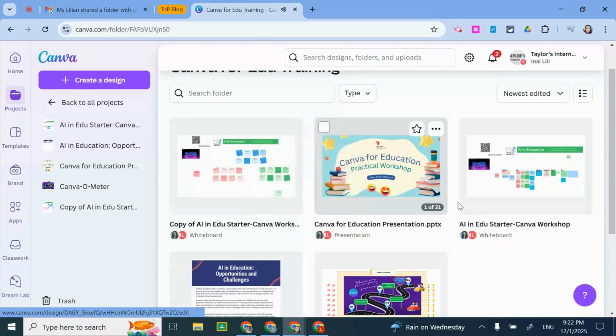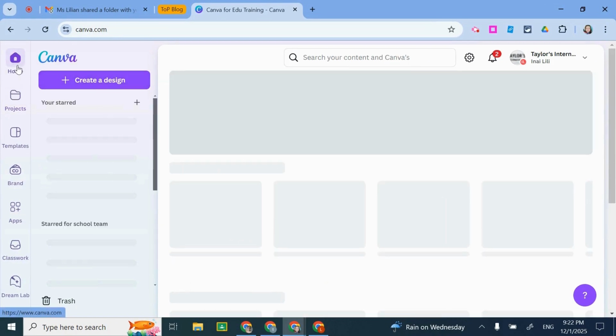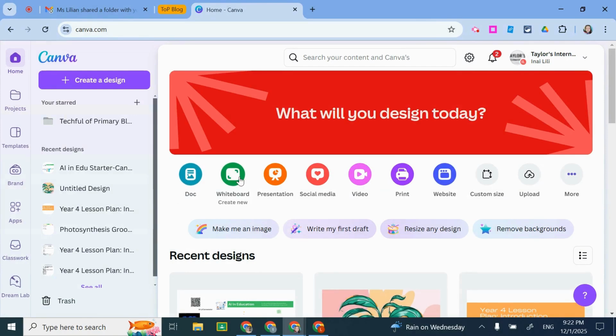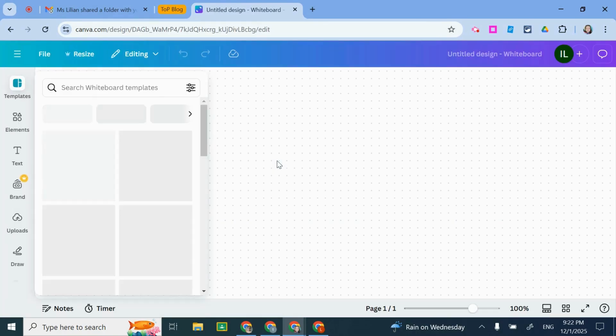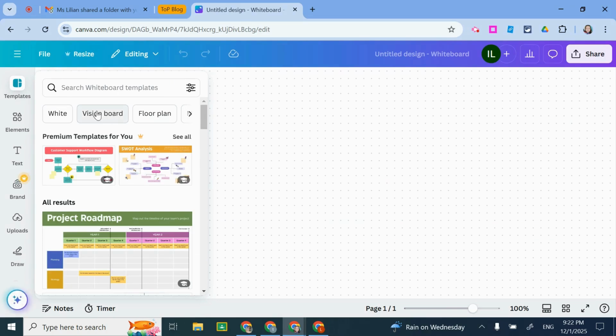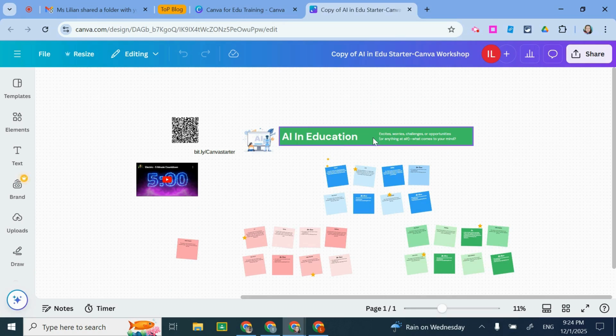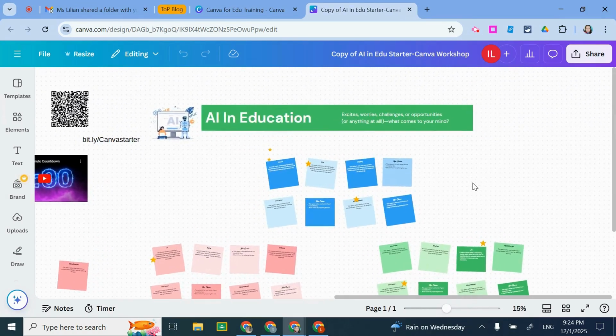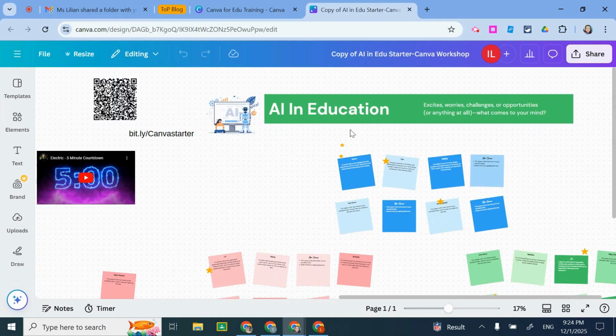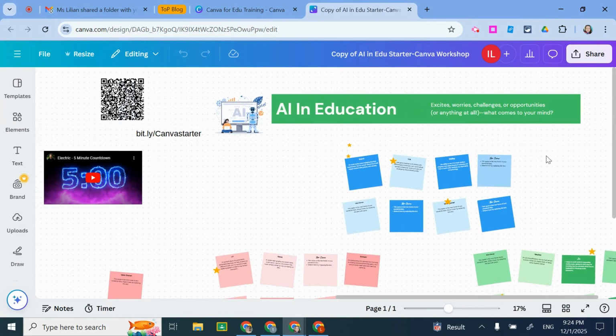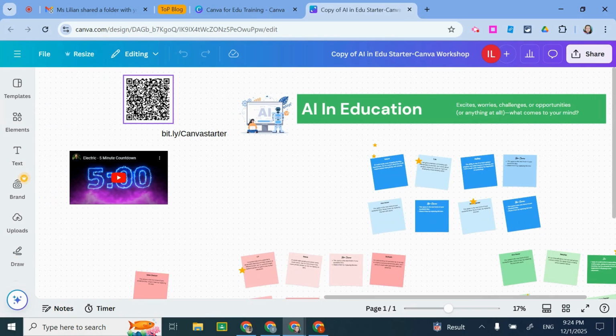All right, and the next one is the collaboration part, where you can use the whiteboard. So just open any whiteboard here. You can create from a template. There are many templates that you can use here. Okay, just choose one of these. I have one created here. This one was used for our training a few days ago. So what I did was I wanted them to have an AI education idea board, and